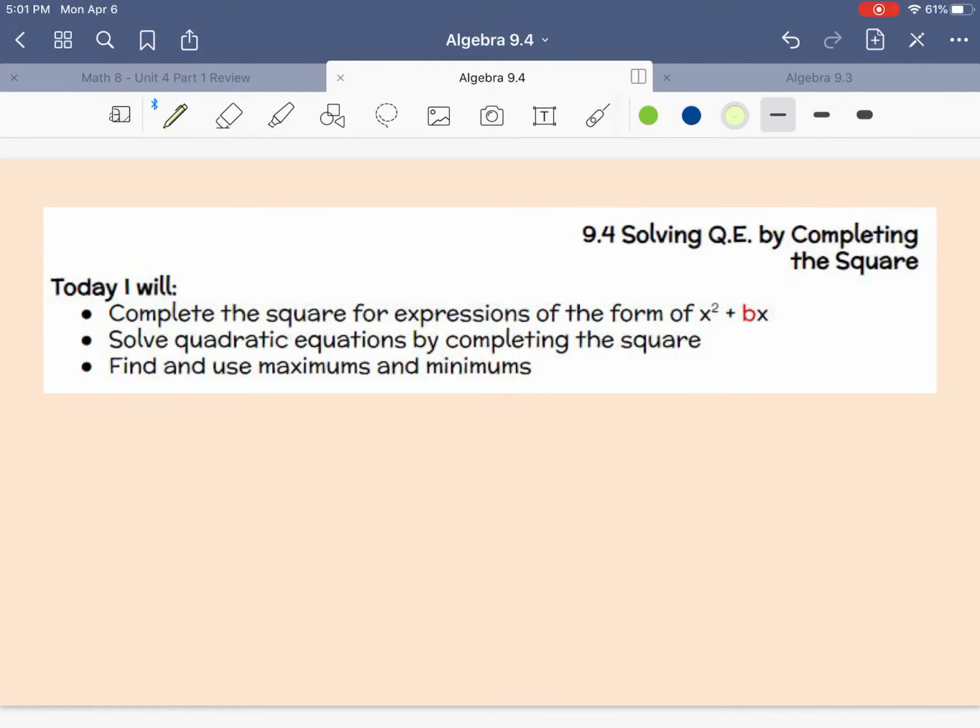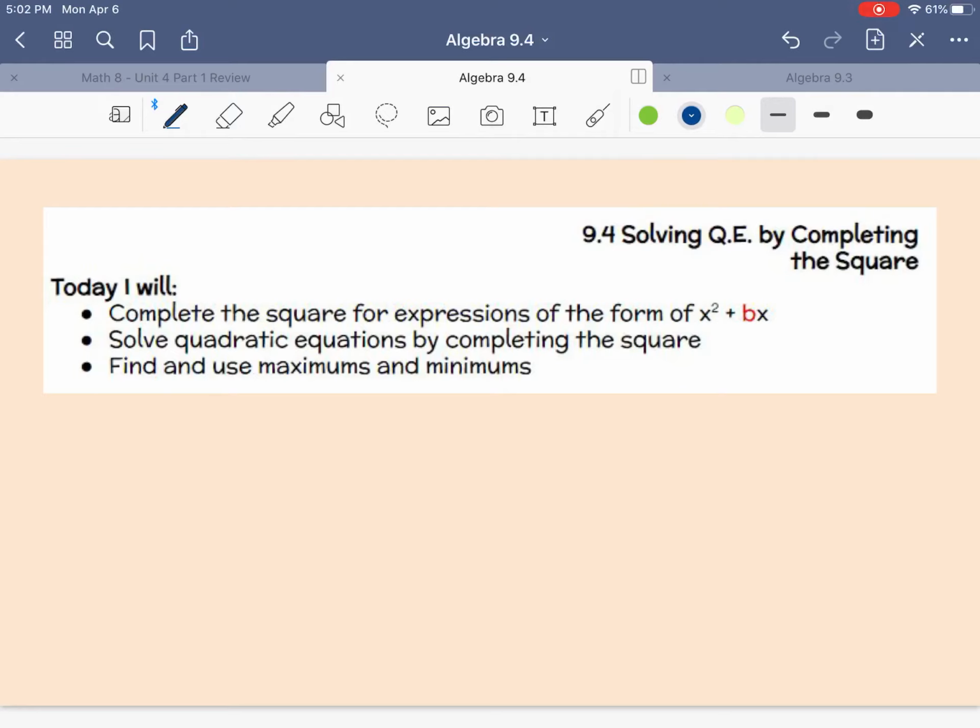Okay, so again, if at any time we're going through and I seem to be going too fast, you can always pause the video. So make sure that you're doing that so that you're writing down the things that you need. Today I will complete the square for expressions in the form